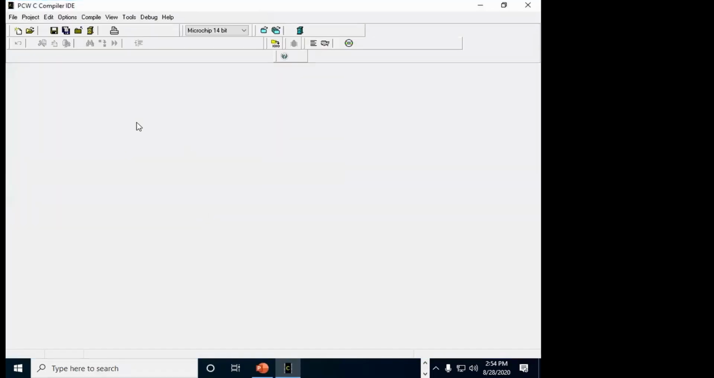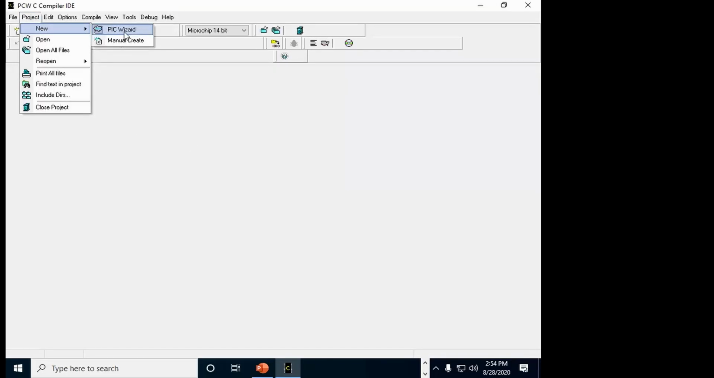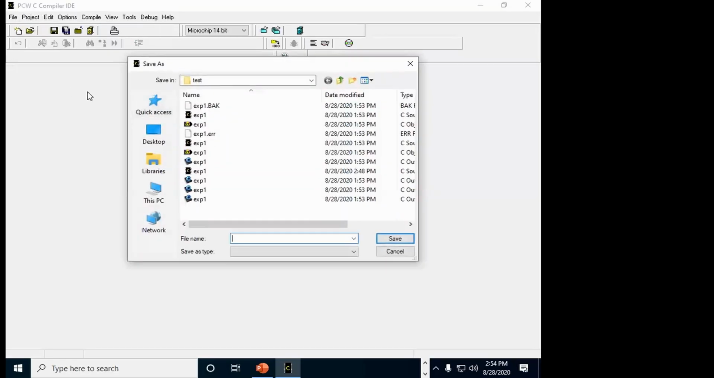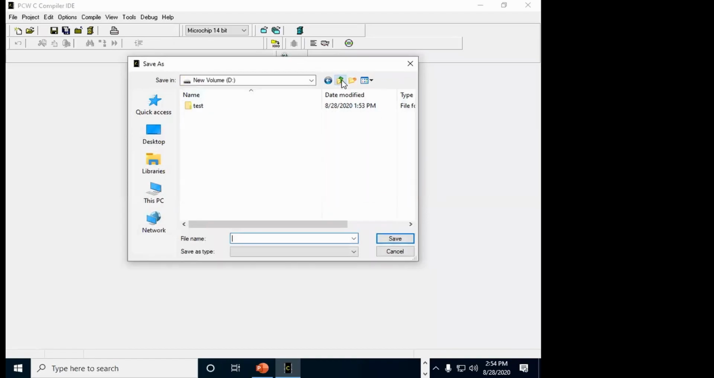PIC compiler. So this window will open. Once this window is open, you have to go to Project. From Project you have to select New PIC Wizard. Once you select PIC Wizard, what you have to do is create a folder in